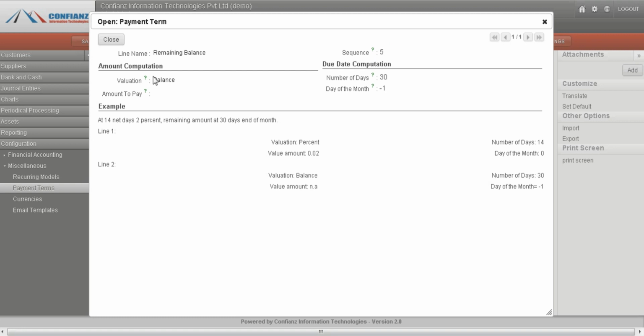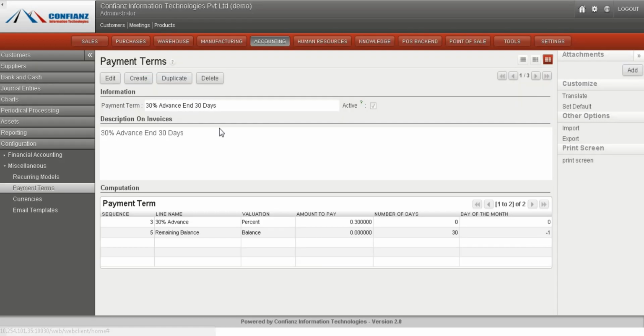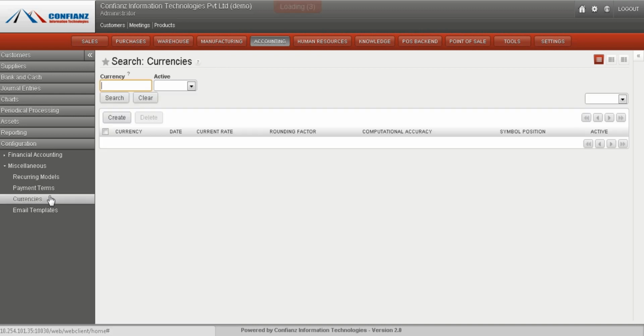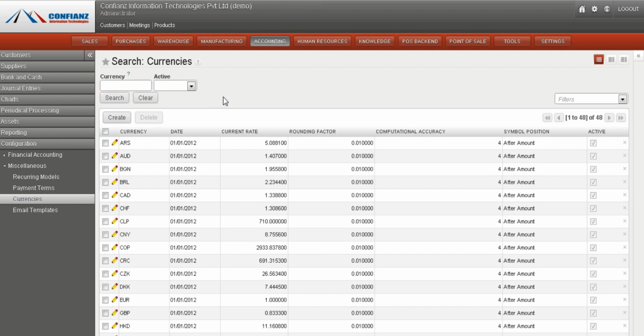The remaining balance, valuation as balance after 30 days. So in this way the payment term can be handled automatically. When the payment term reaches, a customer invoice will be generated and the balance amount will be paid. We can set currencies over here. Okay, and then